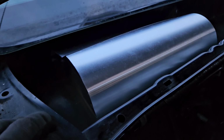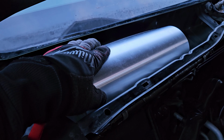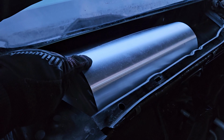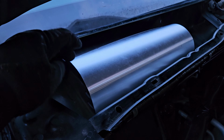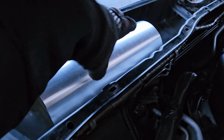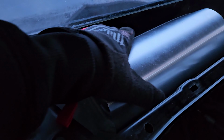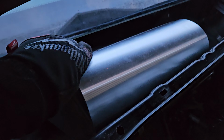So I did some research on the internet, saw some forums where people had done this in the past. So that's what I did. I just grabbed a piece of aluminum roof flashing from Lowe's, Home Depot, same thing, and cut it to fit. It's about 13 inches or so long, about 10 inches, maybe a little less, maybe 9 inches wide. And then I attached it with some flashing tape. It's some Gorilla flashing tape that